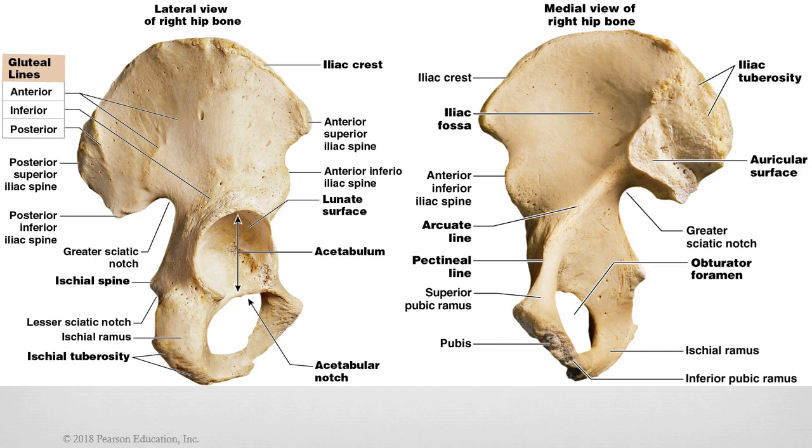When it comes to naming all the structures on the hip itself, I typically like to draw a particular spot to start with, and so I want to start at a portion, something like the anterior superior iliac spine, sometimes referred to as the ASIS, and then work my way around the outside of the bone. We come along the iliac crest here, come back down to the posterior iliac spine, and then the posterior inferior iliac spine. We have the greater sciatic notch, the ischial spine, and then the ischial tuberosity, coming all the way